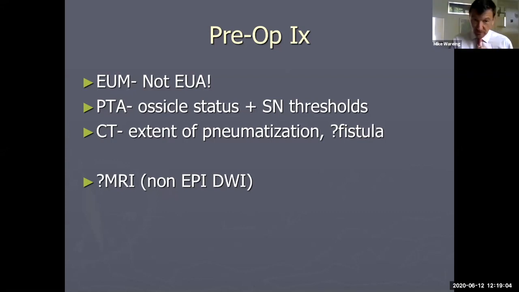And I think if you said I'd always do a CT scan, not to diagnose cholesteatoma, but when you know you've got cholesteatoma, I'm going to do a CT scan to ascertain if there is any suggestion of erosion of the inner ear, and to look at the extent of pneumatization, because that's probably going to guide the way that we're going to operate. I've mentioned MRI here, so the non-EPI, non-echoplanar imaging with diffusion weighting is a relatively new technique,